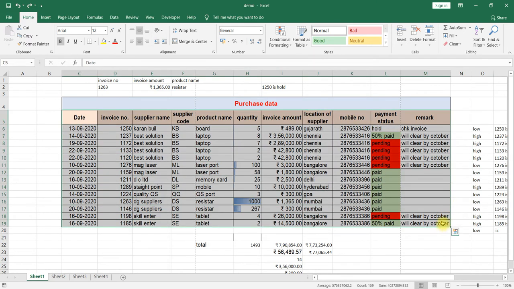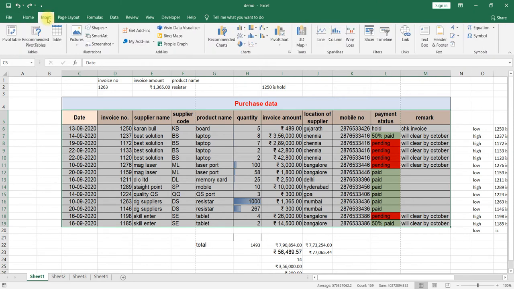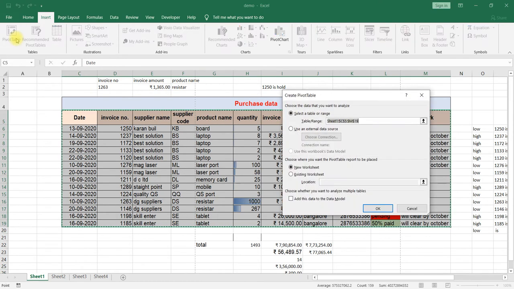Once you have selected the data, go to the Insert menu. On the left-hand side you can observe the pivot table option. Insert, pivot table. Select that, not Table here, but PivotTable.